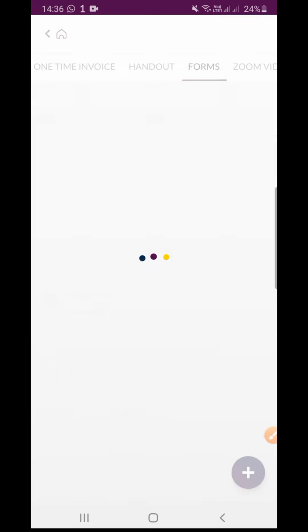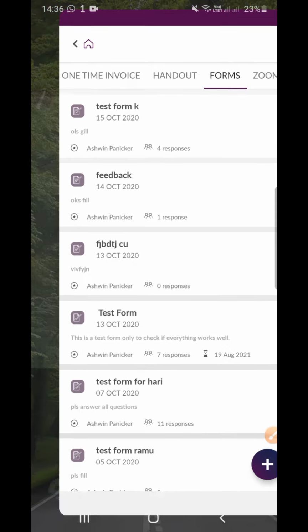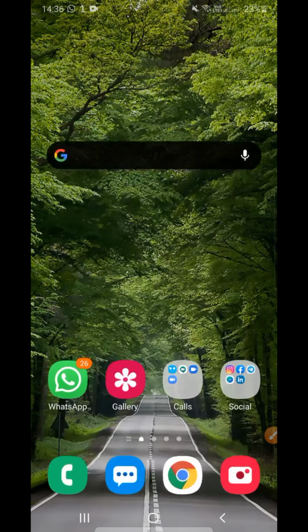Create your question and save it, and when you're ready to send, all you have to do is click on the 3 arrow buttons on the right side of the question and send it across. Let's look at one of the questions which is being sent to an end user, your student or your parent. I'm going to open the parent tab or the student tab.